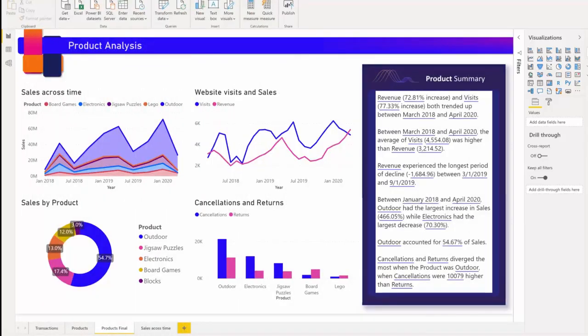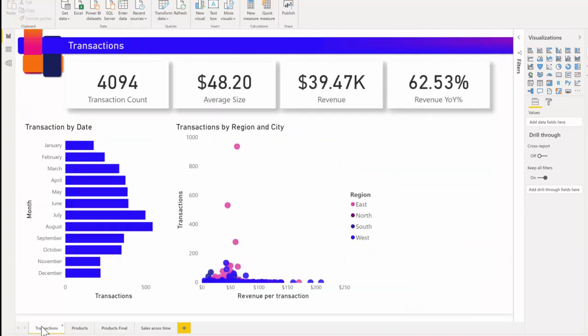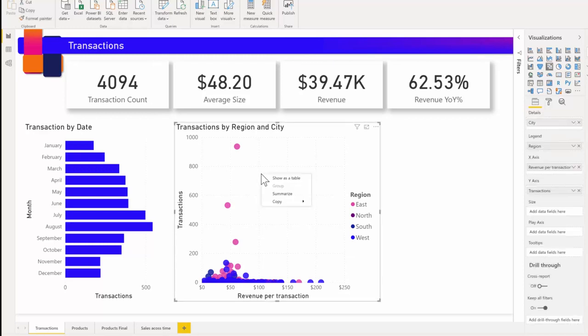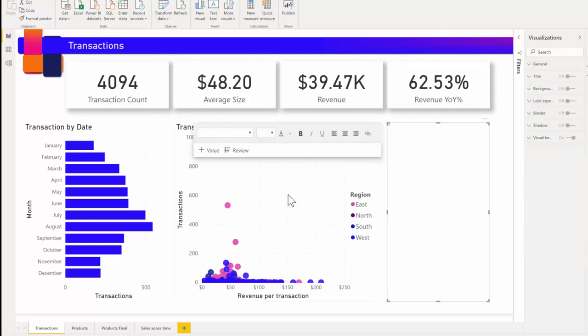The Smart Narrative Visualization helps you quickly summarize visuals and reports by providing relevant out-of-the-box insights which are customizable. Let's look at this page where we have information about the transactions of my online sales data. All I have to do is right-click this scatter chart and select Summarize to get an automatic summary of that